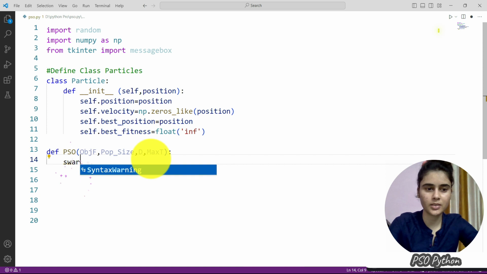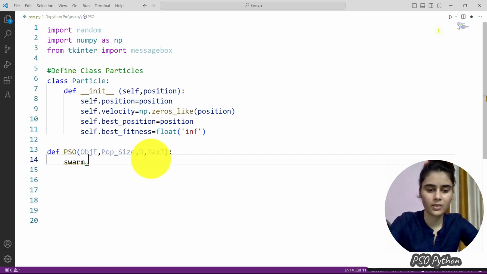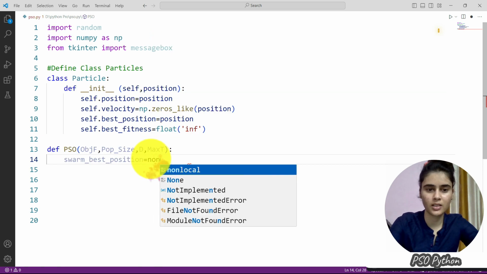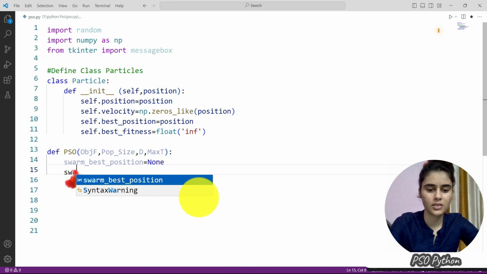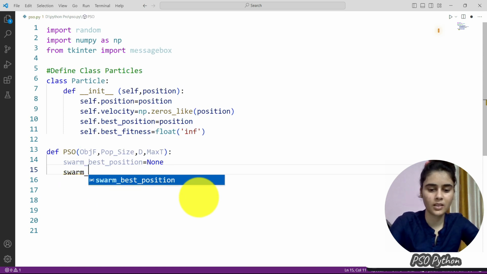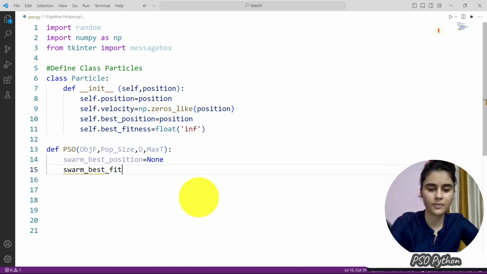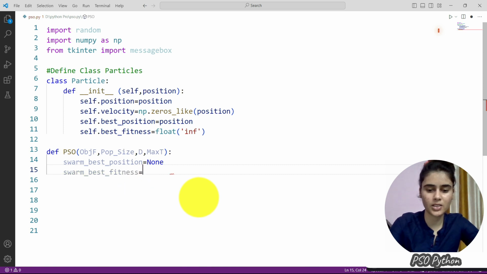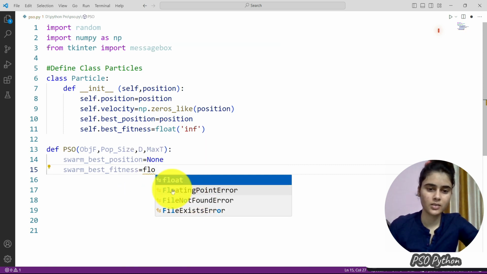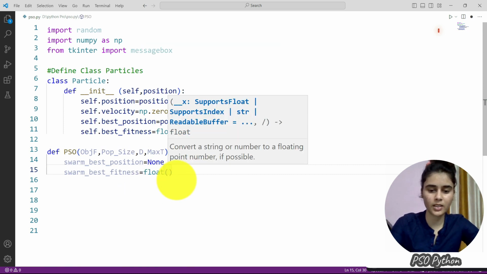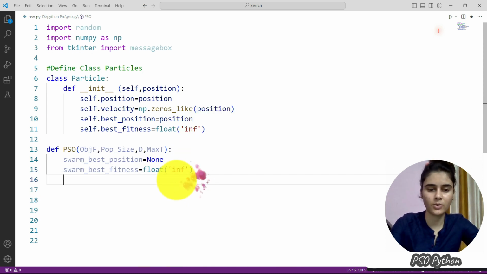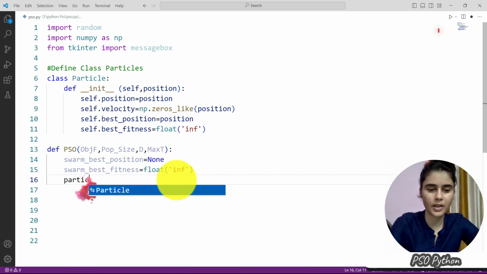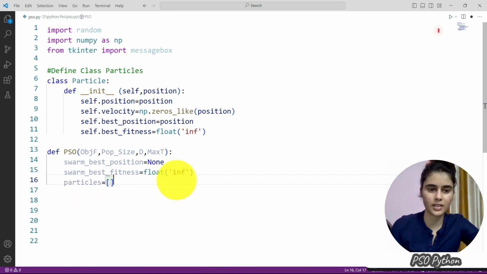Next we have swarm best position as None, and we have swarm best fitness, initially also positive infinity, and we have the particles list that is empty.